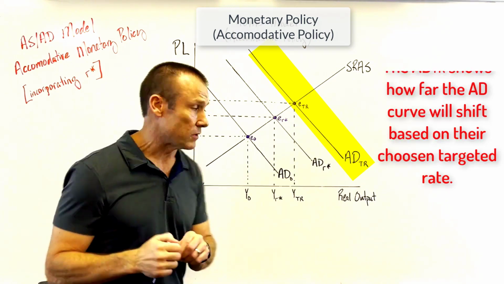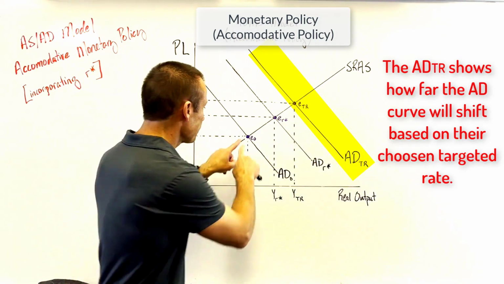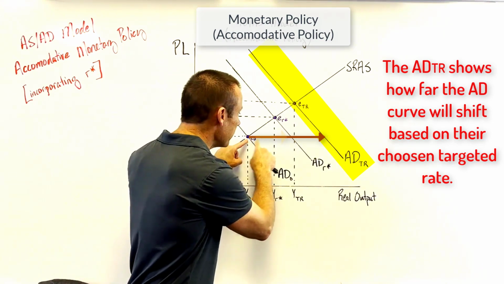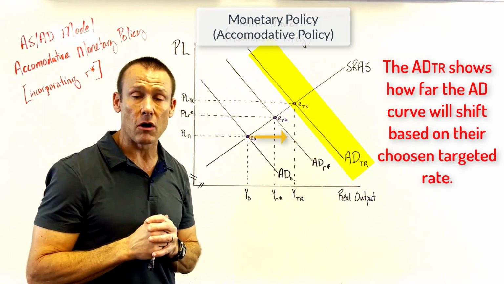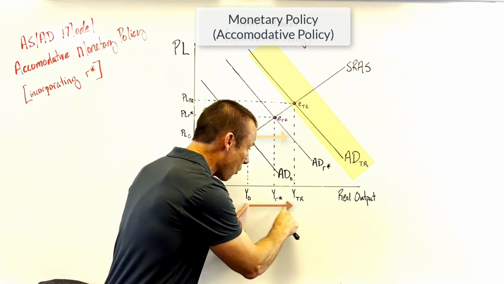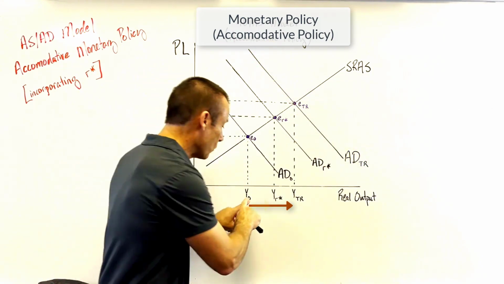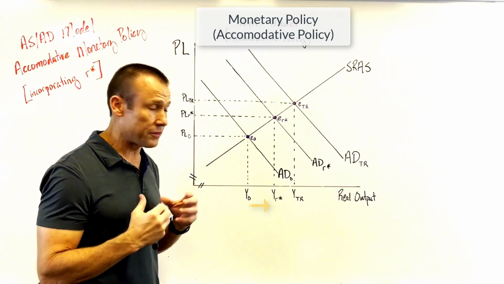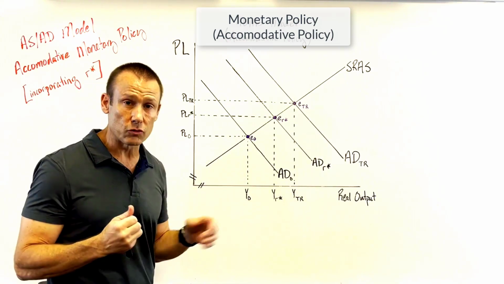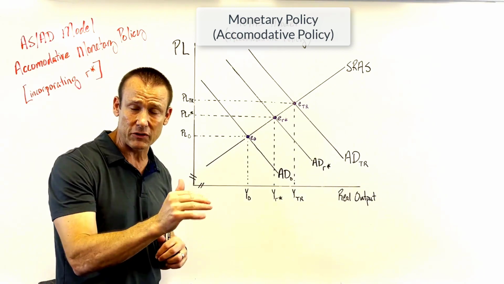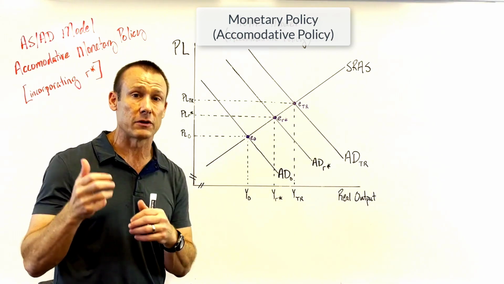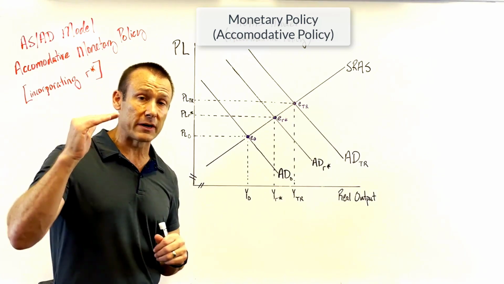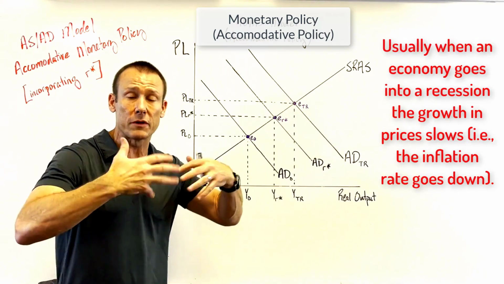So they're being stimulative. Under this targeted rate, AD is going to shift out by more than it would if we went with the neutral rate or the R star rate, right? We're trying to get more economic growth than we would get with the neutral rate. And we're going to get a higher inflation rate with this targeted rate than the neutral rate, which is okay because when we fall into a recession, if we went into a recession when we had already had our target of 2%, there's a good chance the inflation rate has gone below target,